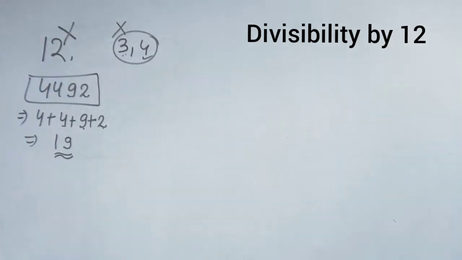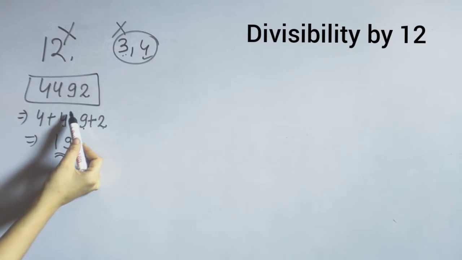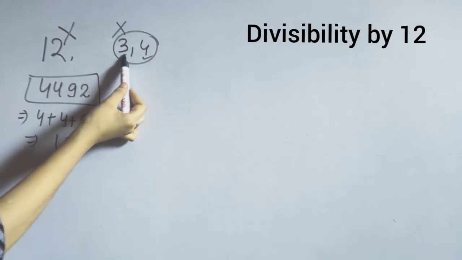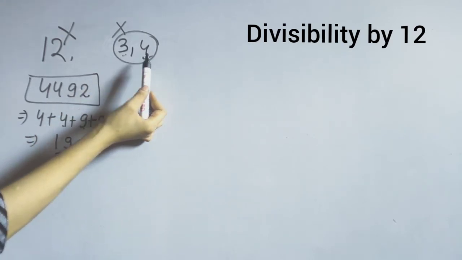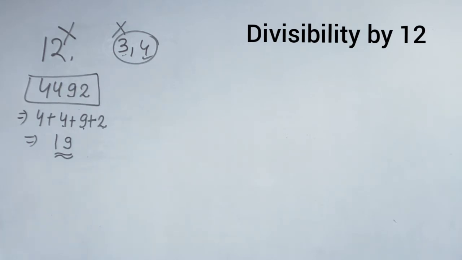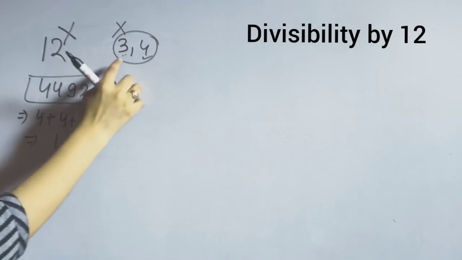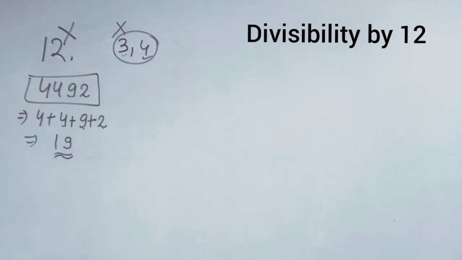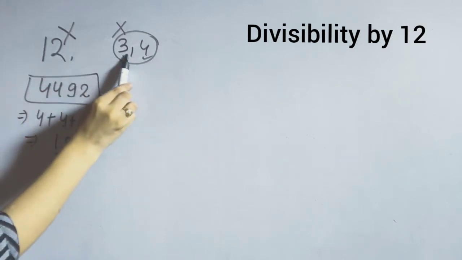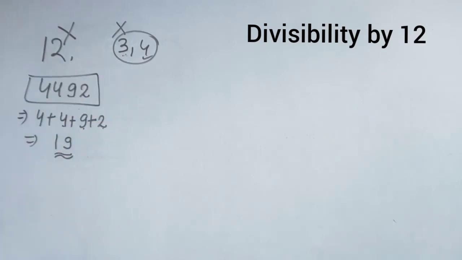Dear students, we have observed this number is not divisible by 3. So we did not check it for 4. हमने क्यों चेक नहीं किया 4 के लिए? What is the condition? 12 की divisibility की condition है क्या? इसमें condition ये है कि given number should be divisible by 3 as well as 4. जो भी नंबर आपको गिवन है वो नंबर 3 और 4 दोनों से डिविजिबल होना जरूरी है. अगर उनमें से वो एक से डिविजिबल नहीं होता है so that number cannot be divided by 12.